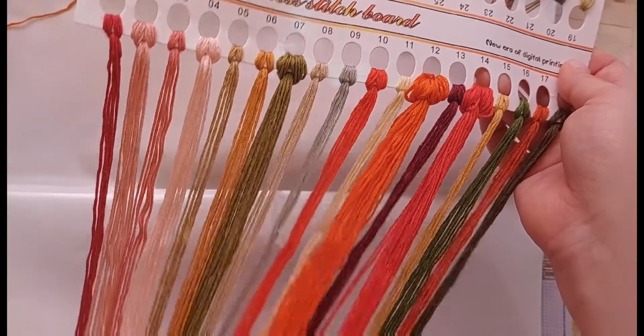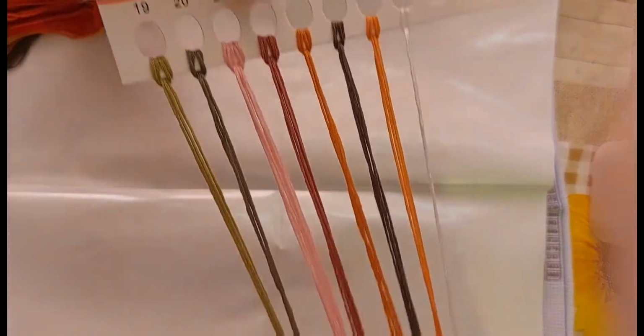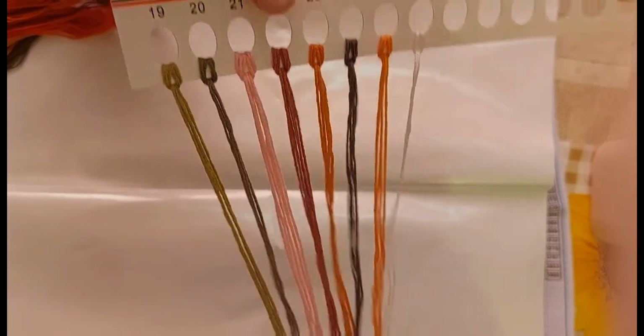Lovely. So let's have a look at the other side now coming in. So colours number 19 to 24. There we go. So we've got a